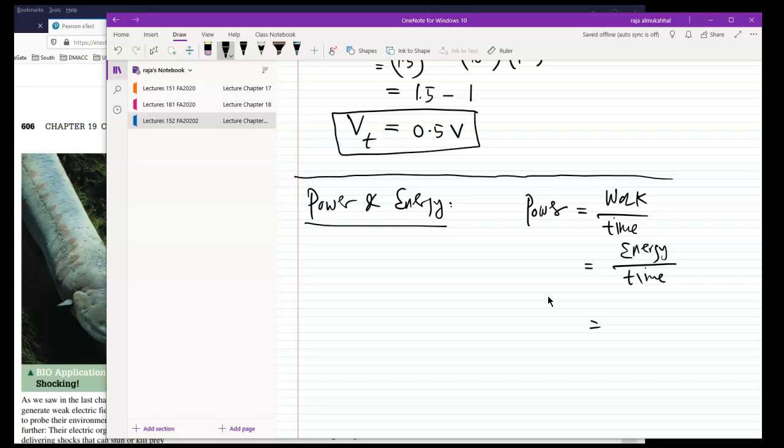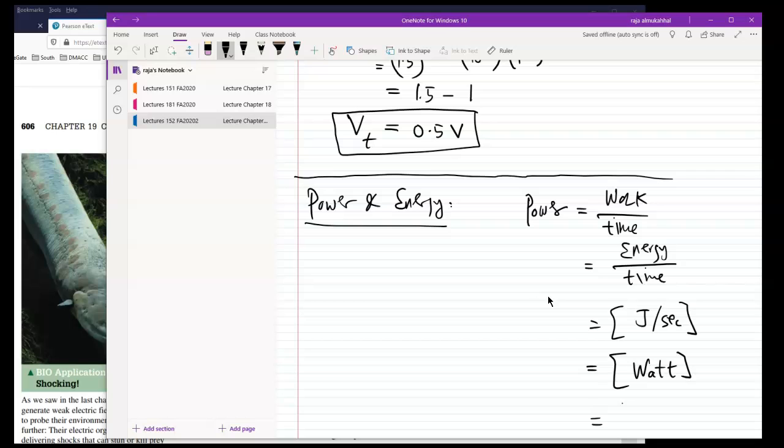Of course, we're concentrating on electric power, but there are all kinds of different power: mechanical power, heat, thermal power, and so on. In terms of units, energy is joule, time is second, so it is joule per second. And this joule per second, we refer to as the watt,